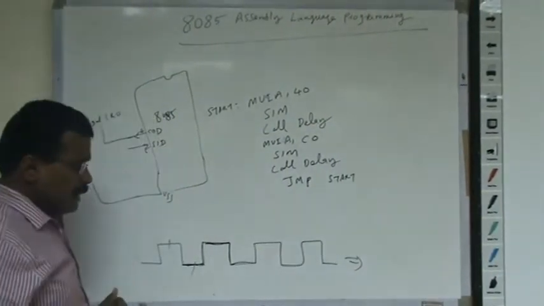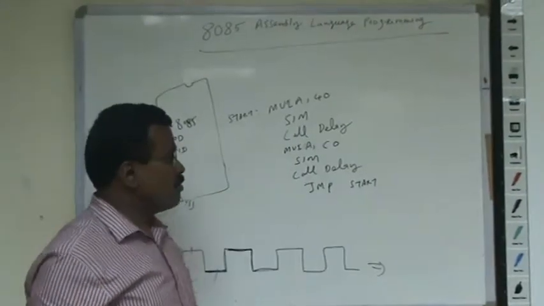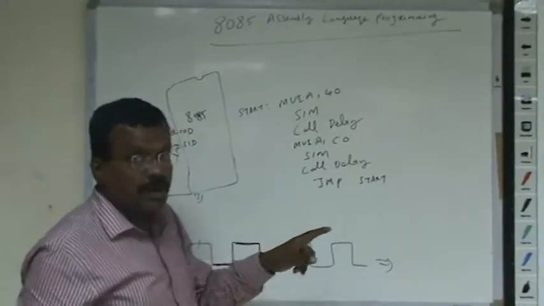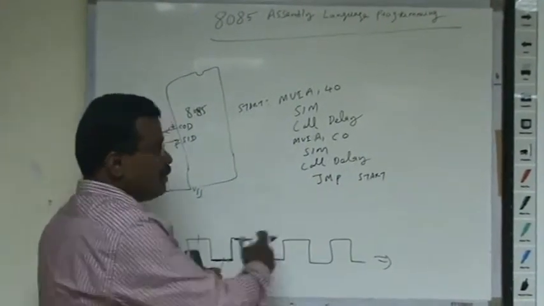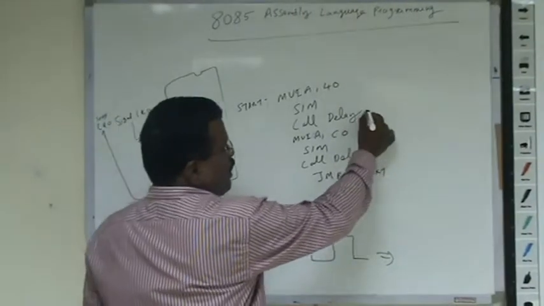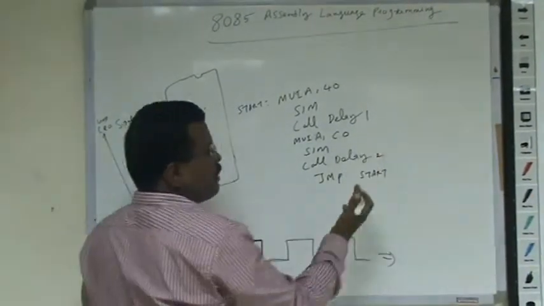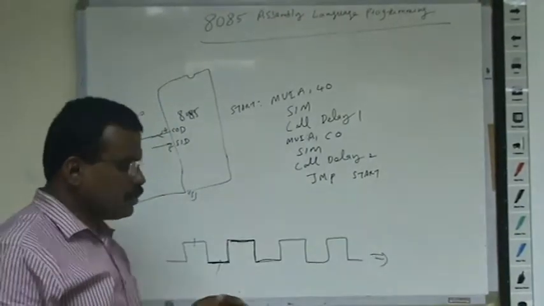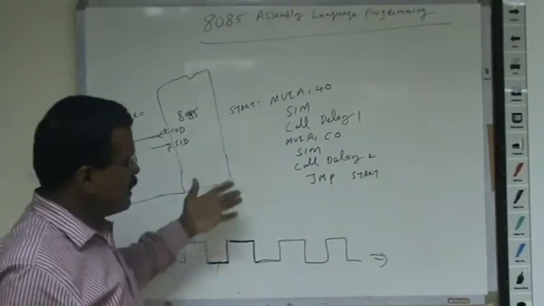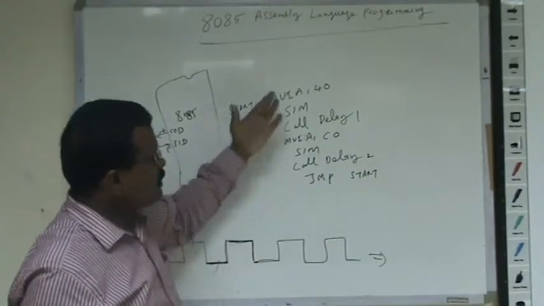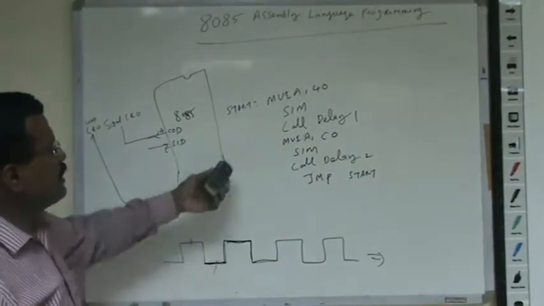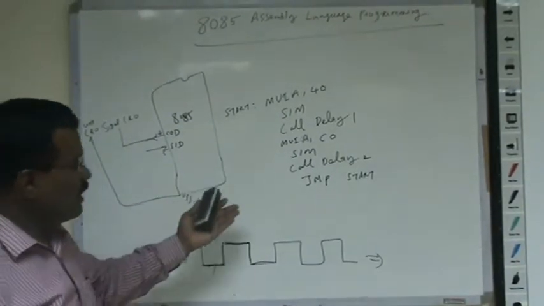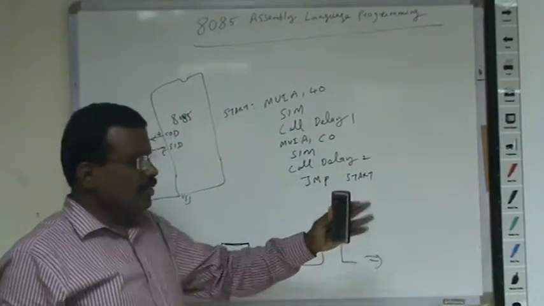Now, if you want to generate a rectangular waveform, what do you have to do? You may have a separate delay program for on time and a separate delay program for off time. So if the on time is more, you may have delay 1 and delay 2. Delay 1 may be for 10 milliseconds, delay 2 for 30 milliseconds. So you will get a rectangular waveform. Like this, any kind of waveform can be generated. This is a simulation of an astable multivibrator. Without giving any trigger pulse, it is generating a waveform.